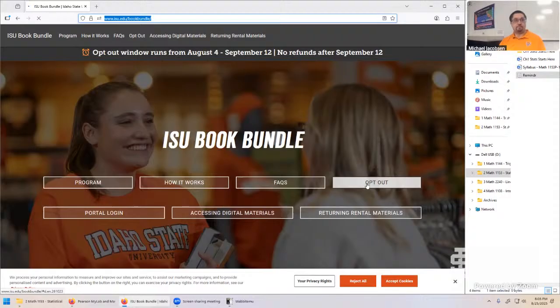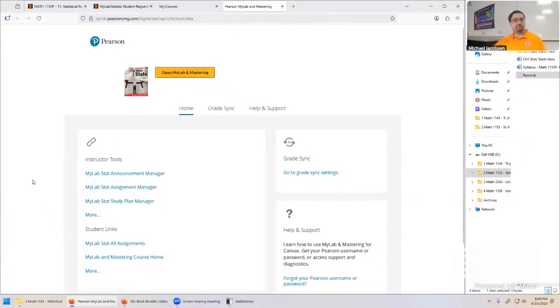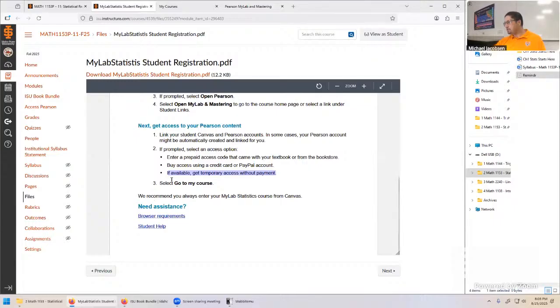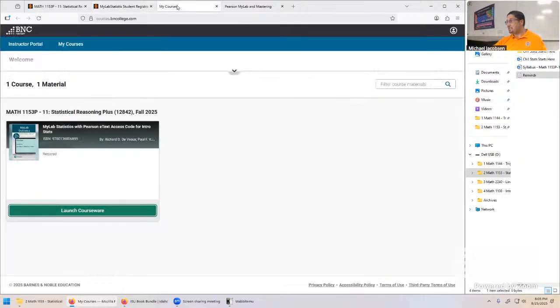I see, yeah, gotcha. And yeah, from this article here, you should be able to eventually find a button or a link that says get temporary access at some point, whether you're in the book bundle or not. Thanks for the information about that. That's really educational for me. One thing that's confusing about all this is it's impossible to see this from the student side.